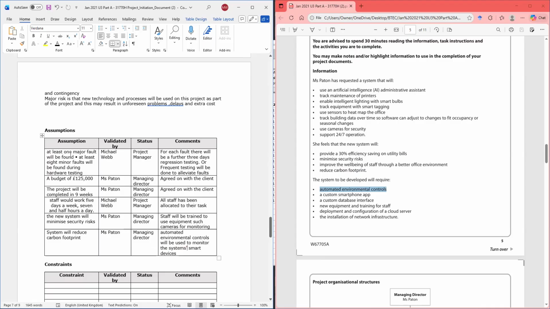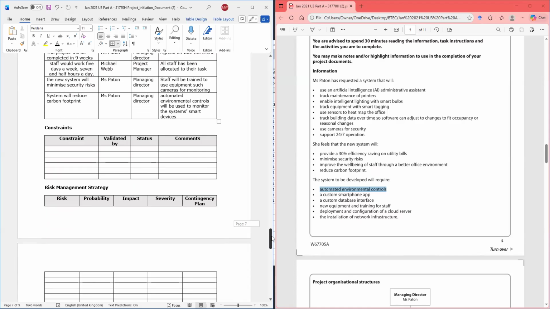Notice what I'm doing. I'm going for the assumption and I'm saying what is being done to confirm the assumption. What am I doing to ensure that the assumption is not going to create an issue or that it will work? That's what I'm saying.